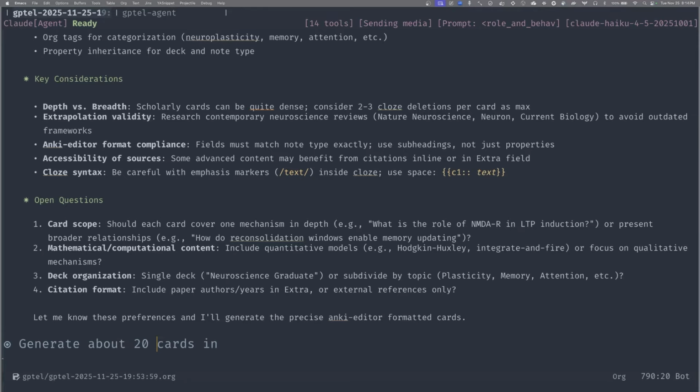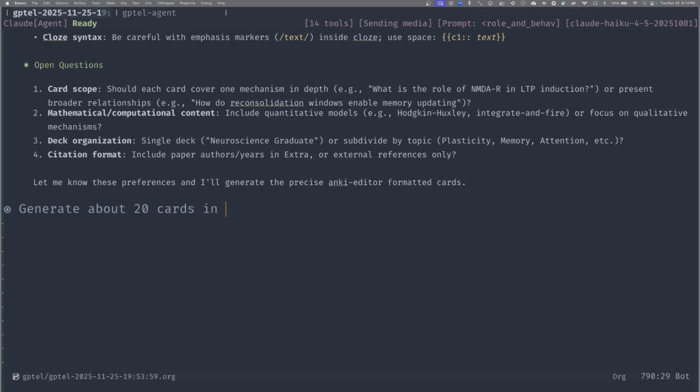And now let's give it a file name. Neuroscience questions work .org. Do you want this to be at the root of the directory? It is in the org directory, isn't it? You can give it a relative path as well.